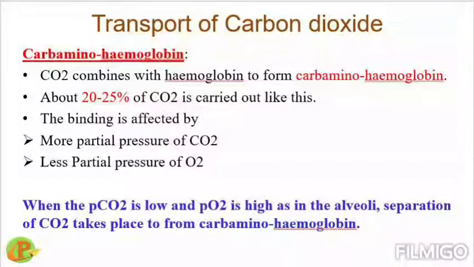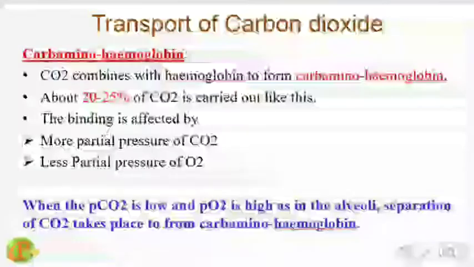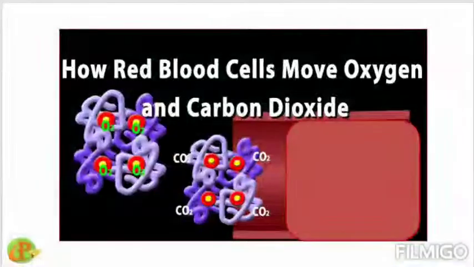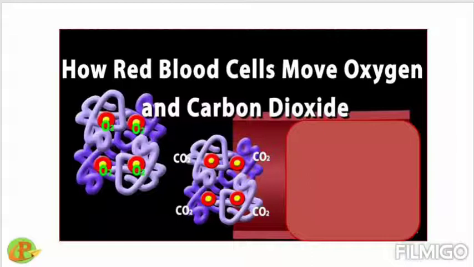In the lungs, we see the opposite scenario. That means the partial pressure of carbon dioxide is low there, whereas the partial pressure of oxygen is high there. So definitely near the tissue this binding occurs, and at the lungs this binding dissociates. In the picture you can see the hemoglobin carries 4 oxygen molecules at the heme groups, but the carbon dioxide is not attached at the heme groups, rather it has its own active sites where they are bound with the hemoglobin. So at once 4 carbon dioxide can be attached with the hemoglobin.